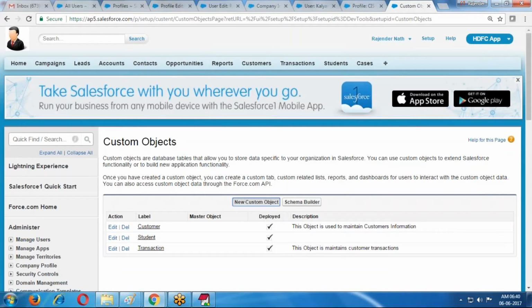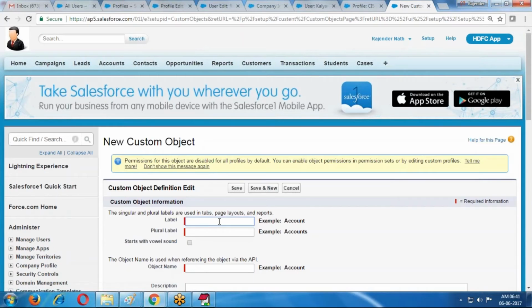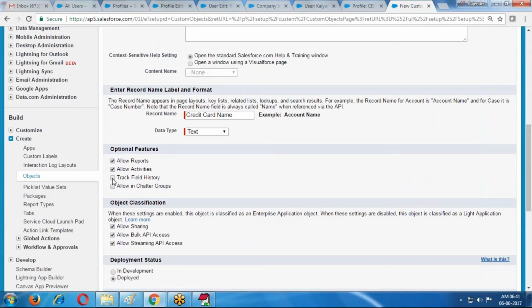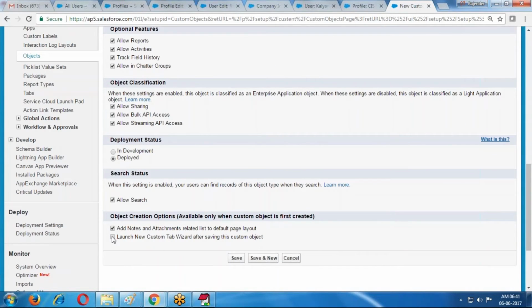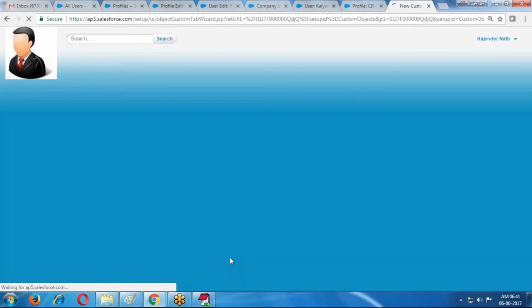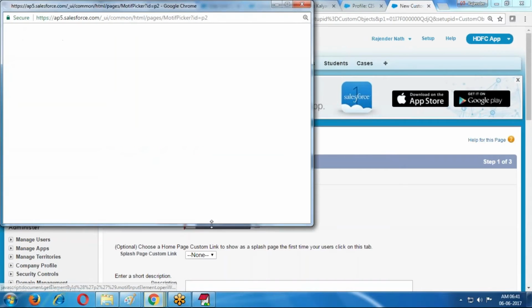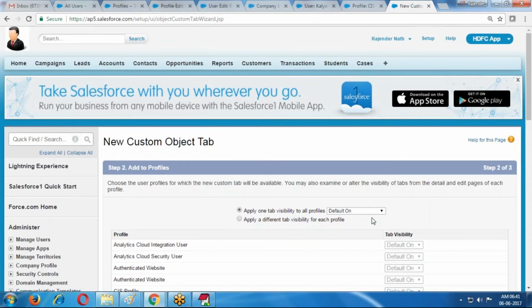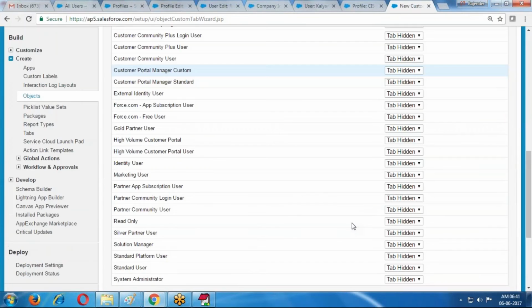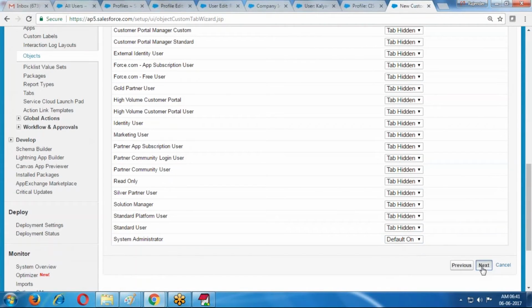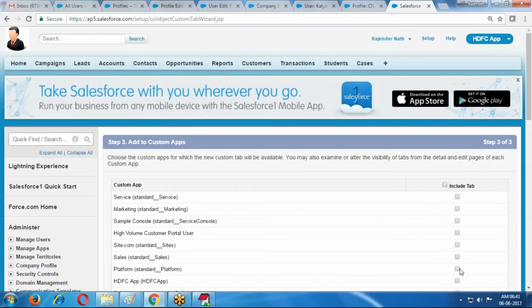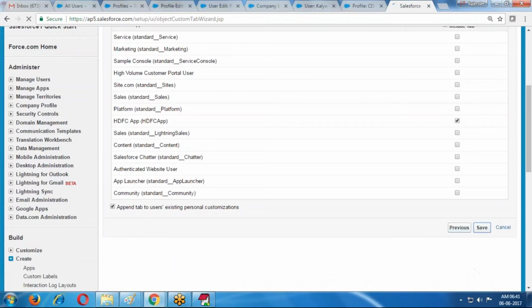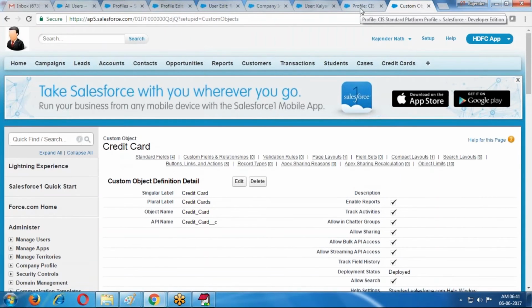And one more object I am creating. Credit card is also there.